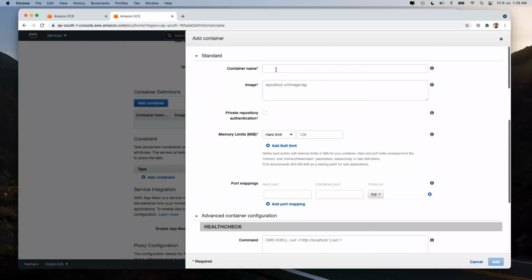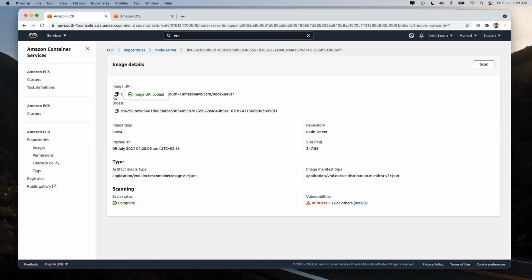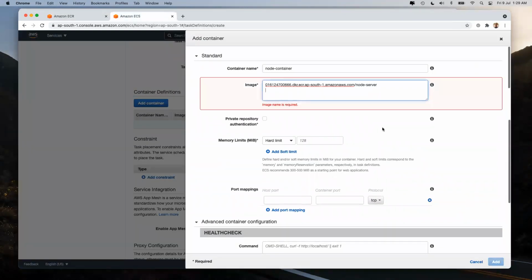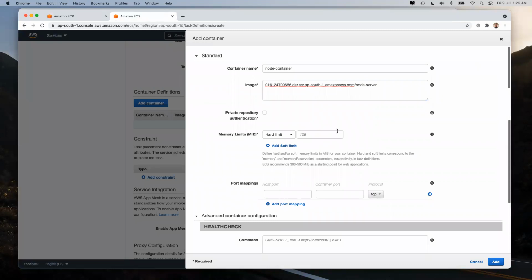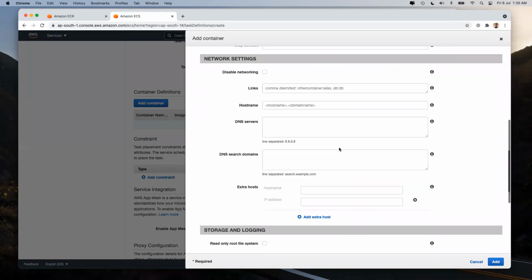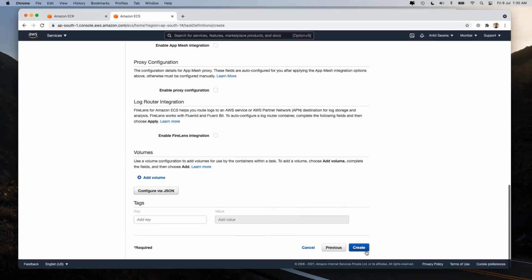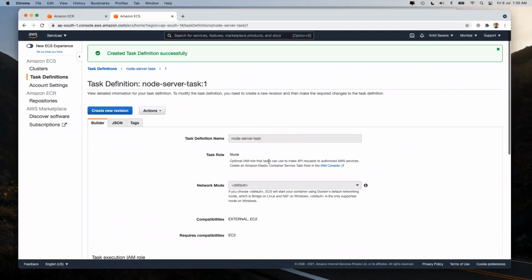Now to create a container, I'll have to go and give the name. So let's call it node-container. And the next step will be to select the image. The image is this. So let's go for the image URI, copy the complete thing and paste it. Now, if everything is good, I'll just have to go and map the port. So because this is working on port number 80, I have to do that here and click on add. Now that my container is all good and set, I can choose create, and I have my node server task